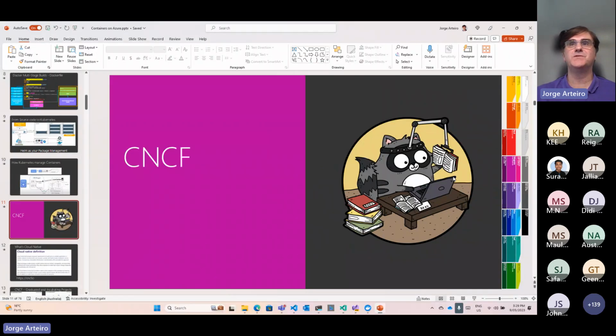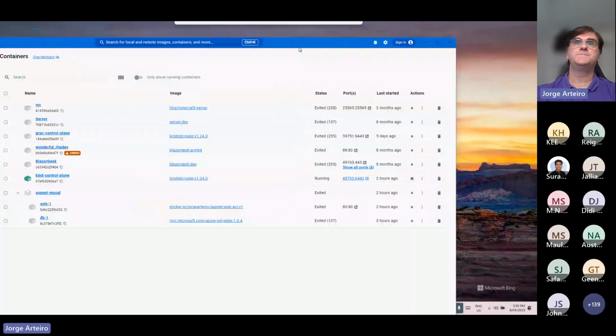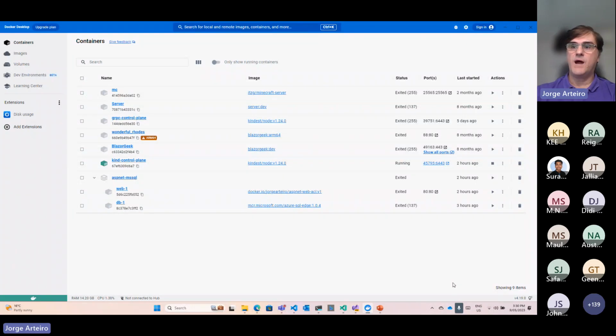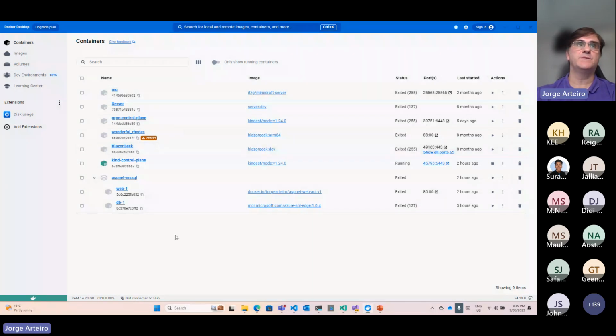Before I go forward, I'm just going to show the Docker Desktop that I was talking about. That's my local development. I hope everyone can see that. I have installed here what we call Docker Desktop. The same if you go to my Windows, you can see that Docker is running. There's an icon here for Docker. Docker is running in the background, and that's showing what's running on my machine. When you install Docker Desktop on your machine, everything runs locally. I have a lot of things running here, and you can see the Docker images that I have.